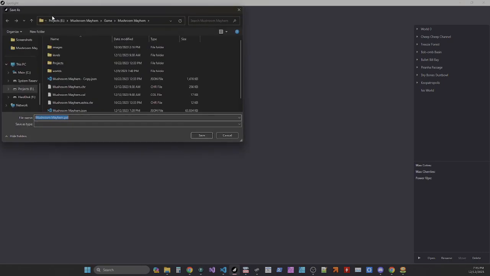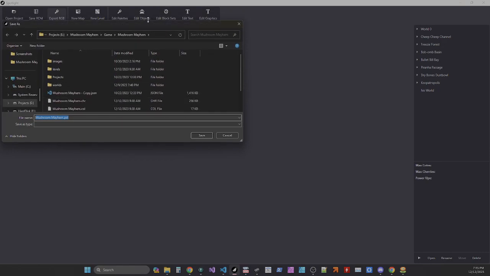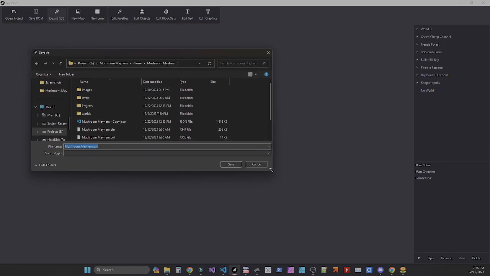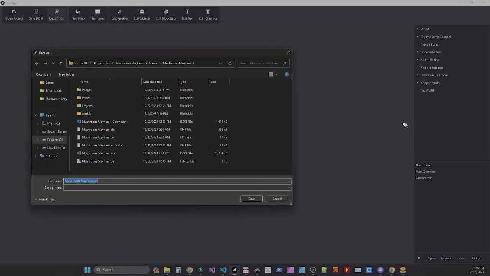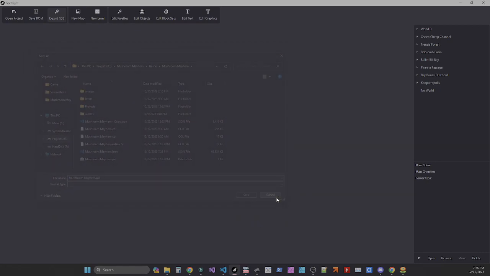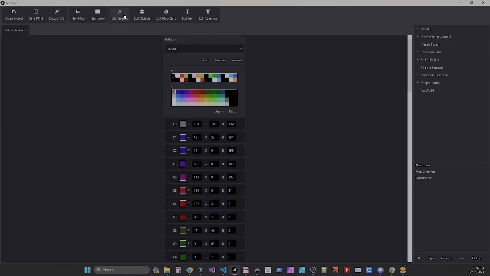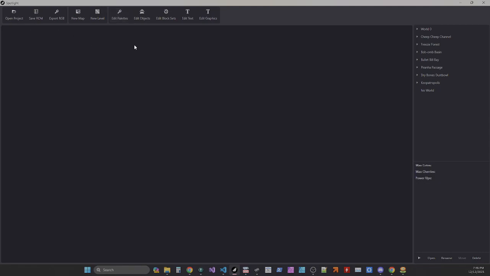Export RGB. What this actually does is that you can load your custom palette file to use colors here, or you can export that to an RGB file. So I think edit palettes. Nope, that's not where you do that. There's some way that you can edit the palettes, and I forget where it is. So anyways, there's create a new map, create a new level, edit the palettes, which I'll show later, edit objects,